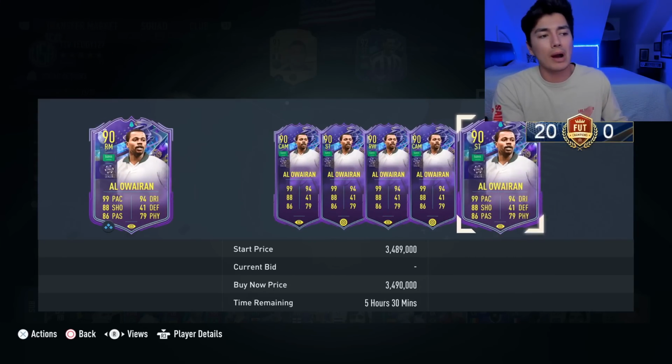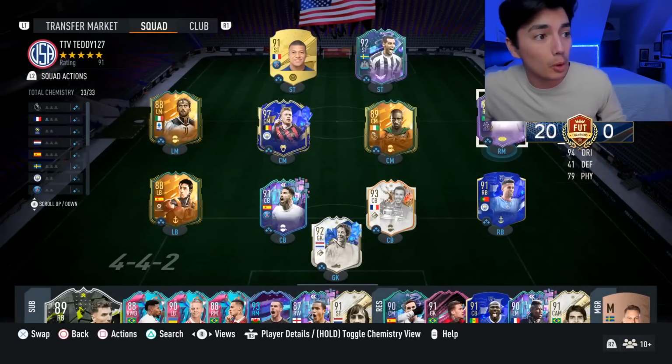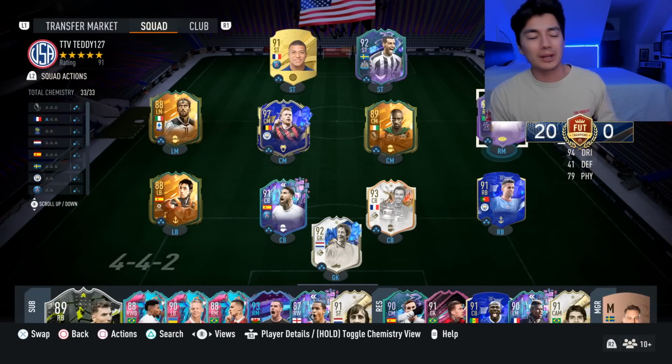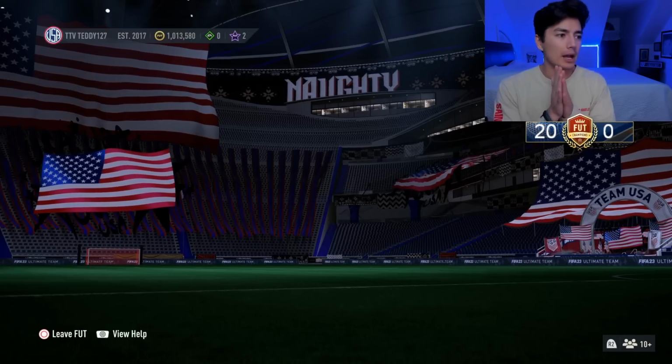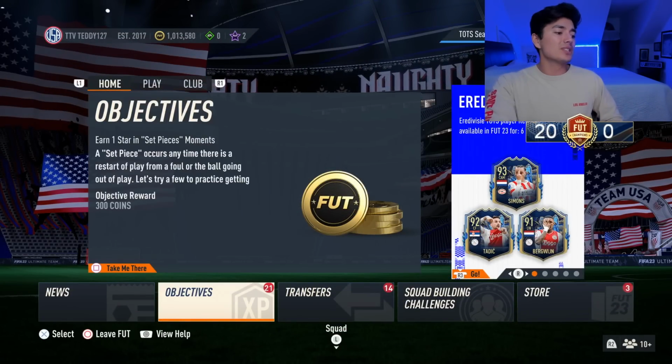He's been chilling around like 3.2, 3.3. So I'm making coins on my team, which is great. And I'm going to hopefully go 20-0 in weekend league. I've never gone 20-0. My best is 18-2, but I've never had a team like this. So maybe this will be the weekend. So that was team of the season